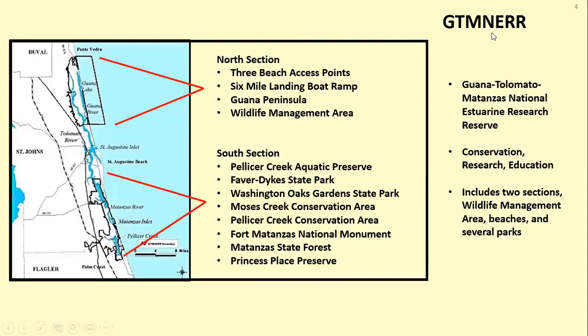So the GTM NERR, it really has two sections. There's a north section that has the 3 beach access points that you might be familiar with along A1A. There's a 6-mile landing boat ramp up about here. And then it's the Guana Peninsula. So the Guana Peninsula includes both the area we'll be hiking and a wildlife management area that's north of where